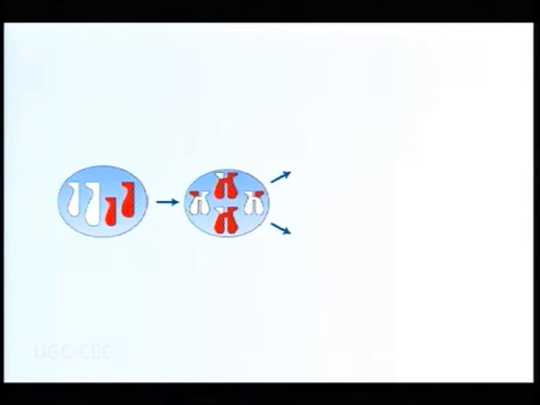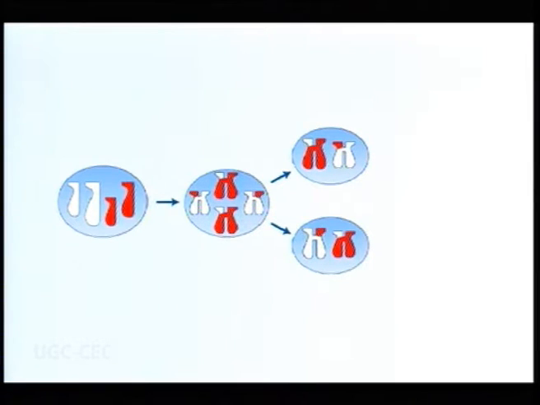Meiosis begins when the chromosomes, which have already duplicated, condense along the center of the nucleus, and pairs of the homologous chromosomes undergo crossing over, whereby some of their genetic material is exchanged. The pairs of chromosomes then separate and move to opposite ends of the cell, and the cell itself divides into 2 cells.